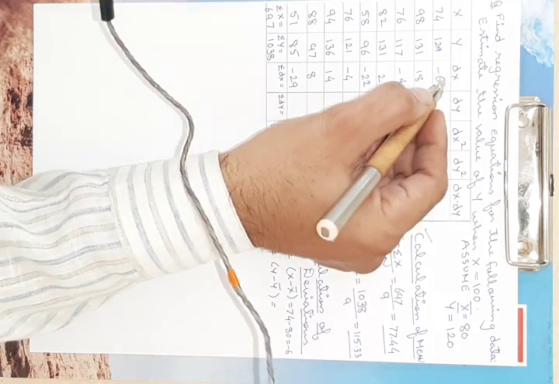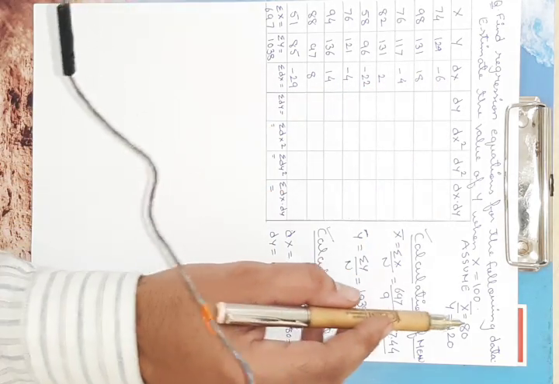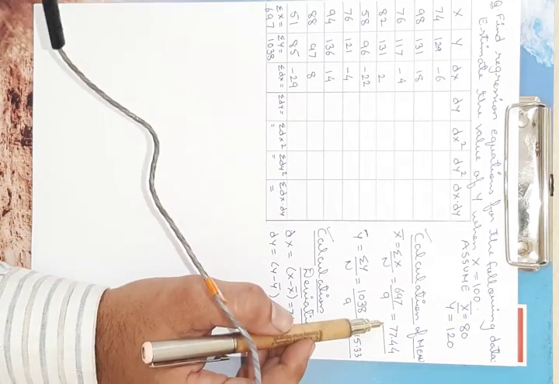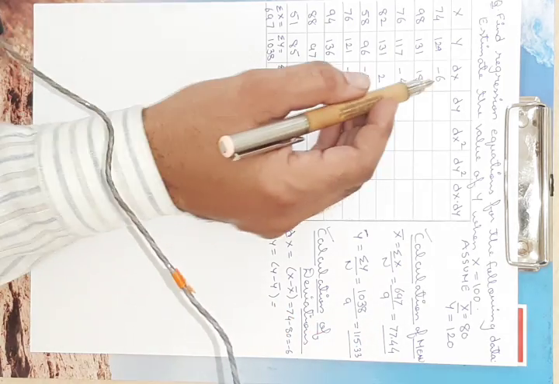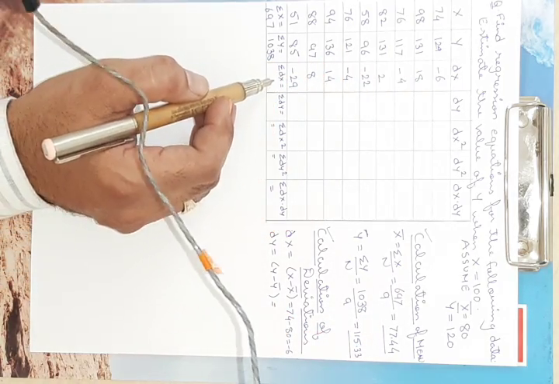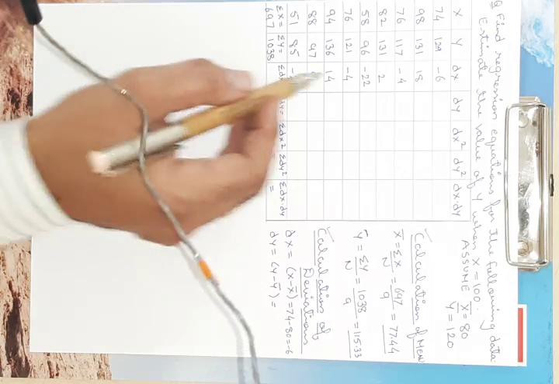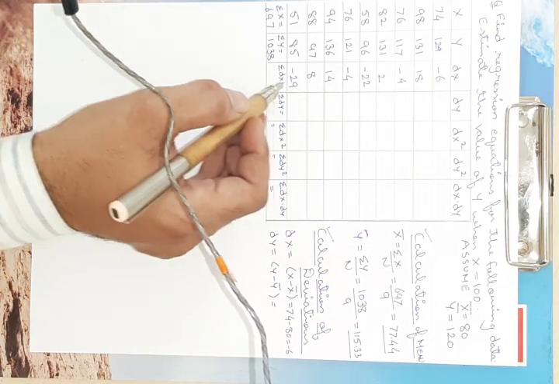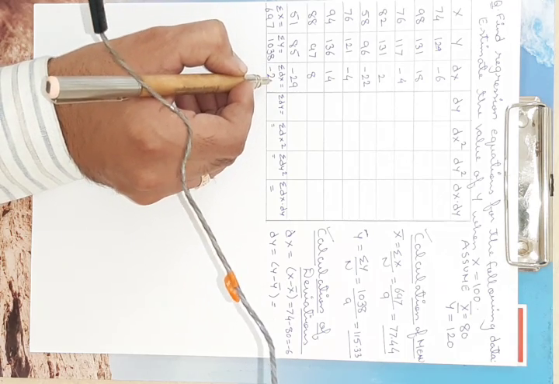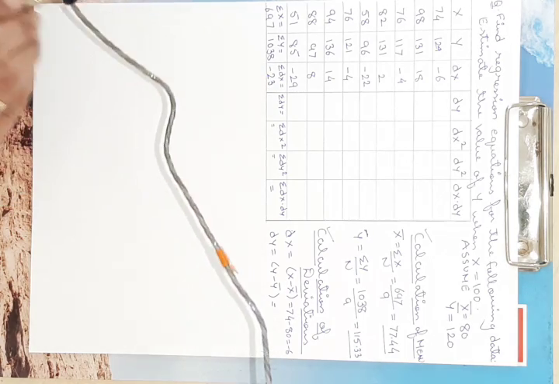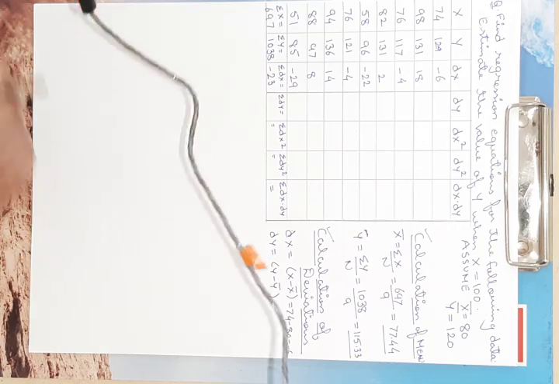So friends, whenever we are assuming a certain mean, or we are rounding off the value of the mean, at that time we need to get the summation of dx also, that is the summation of deviations also. So here we are going to add all these values. By adding all these values, we get the summation as minus 23, which is a non-zero value, as I have already told.